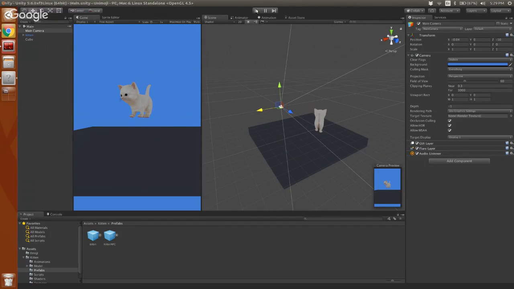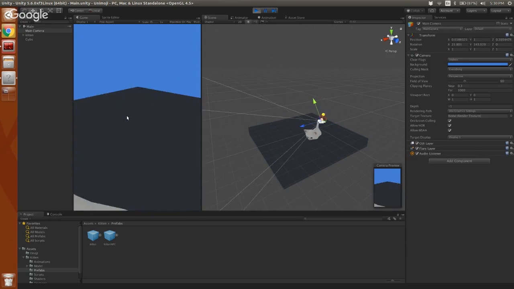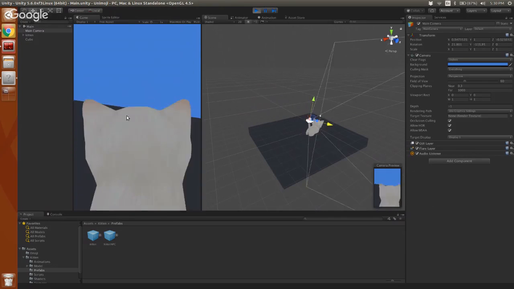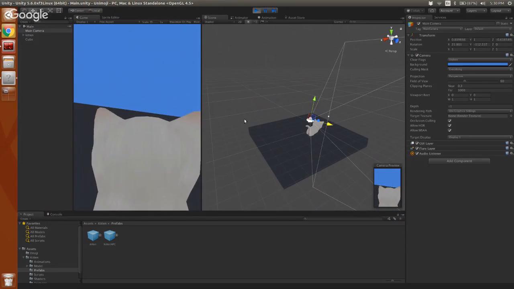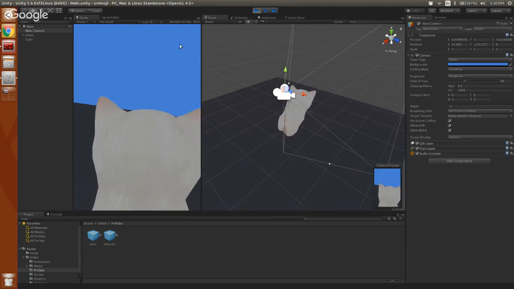All right, so let's see what happens. We hit this. Okay, so this is a first-person kitten. It took control of my camera, and it's now automatically moving it to follow the kitten around. And yep, I can walk around with that. Is the tail moving? Oh yeah, it's wagging its tail. She's stuck in the ground though, which implies to me that her collider is a little too high.